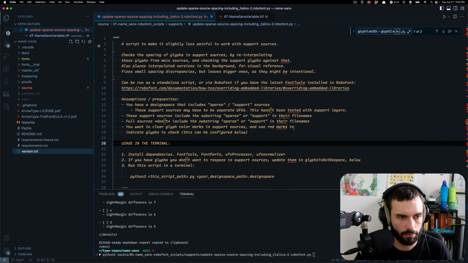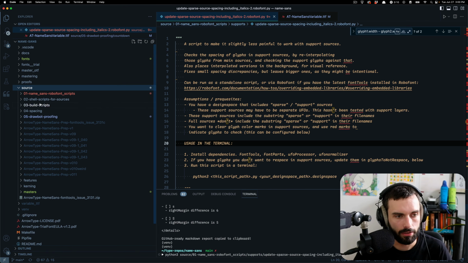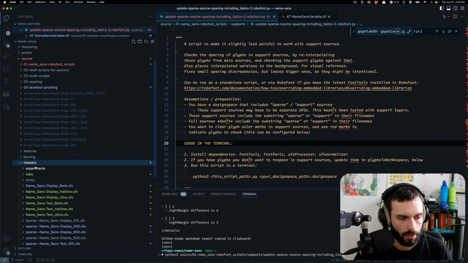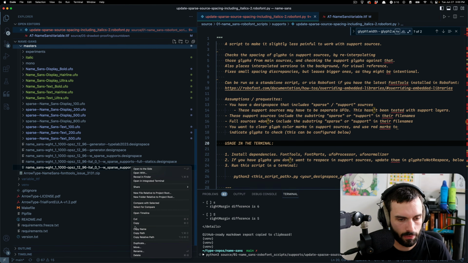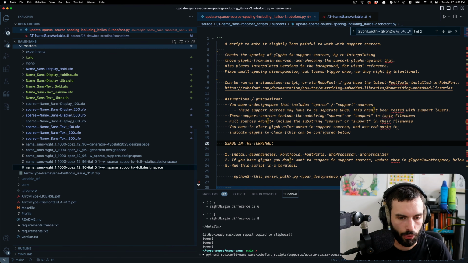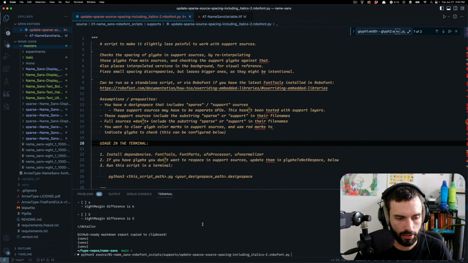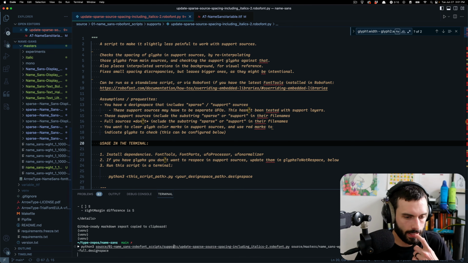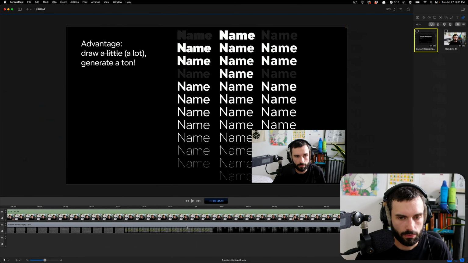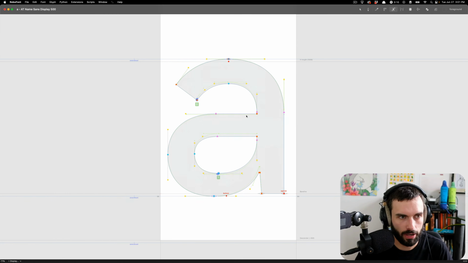So let me minimize things here a little bit and find that path. Here it is. I've got a few of them, but it's this one that I want. This has both the full sources and the sparse sources, Roman and italic. So I'm going to run it, and it computes for a second. And while that's running, let's go back to RoboFont. It'll take a second,